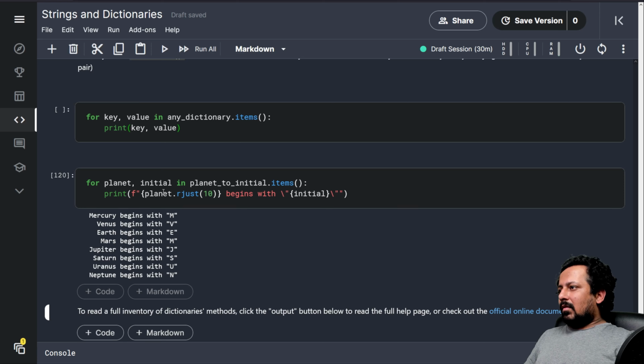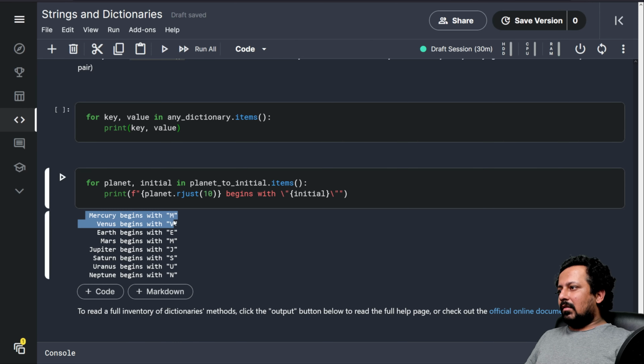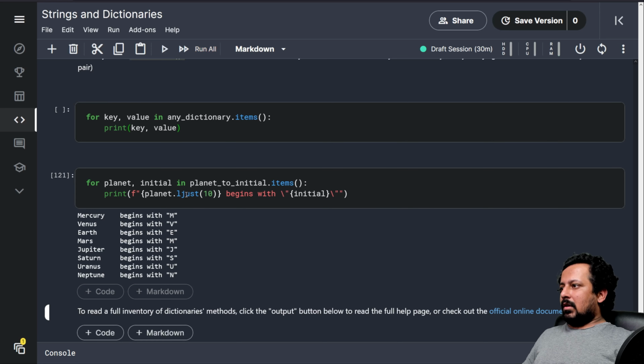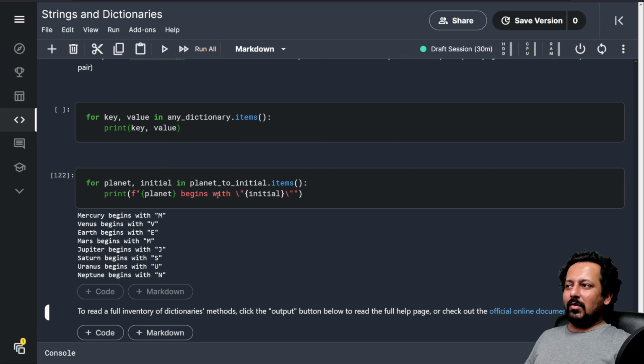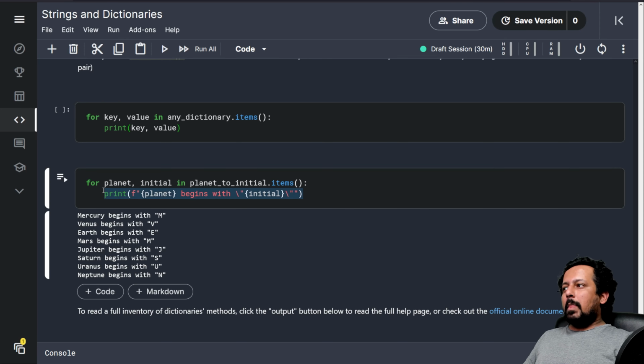Here you see this is justified on the right hand side, and this is justified on the left hand side. So this is what this new function is doing. You probably won't need it very often, but now you get the idea that you can loop over the keys and values in a given dictionary using dictionary.items.